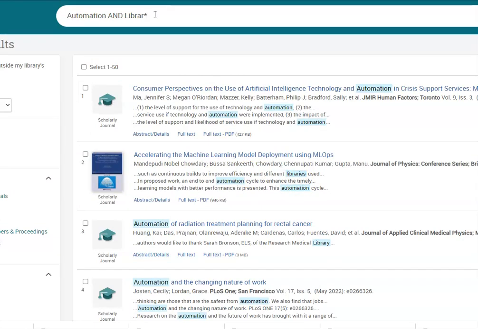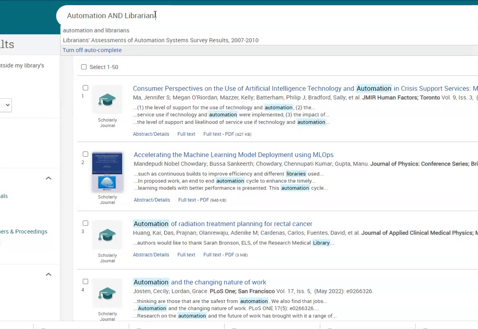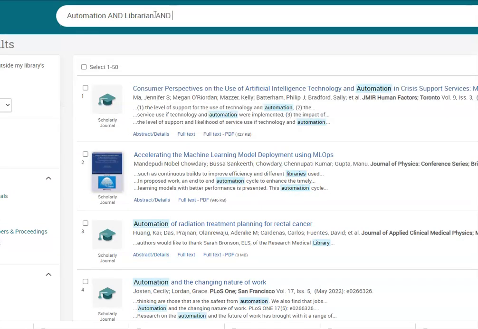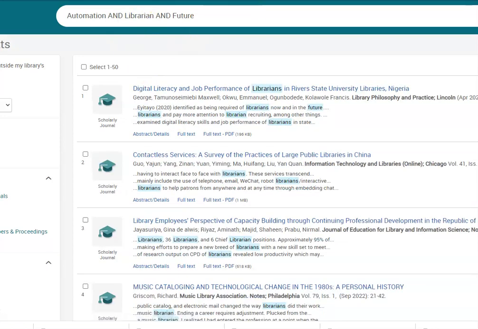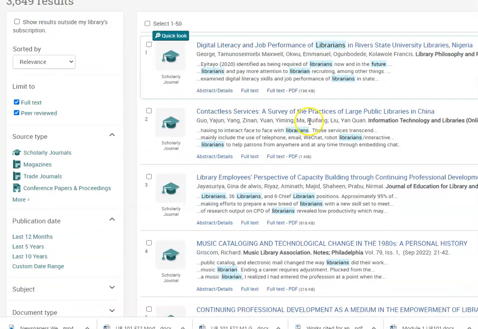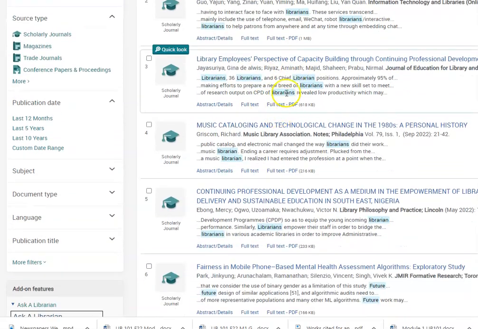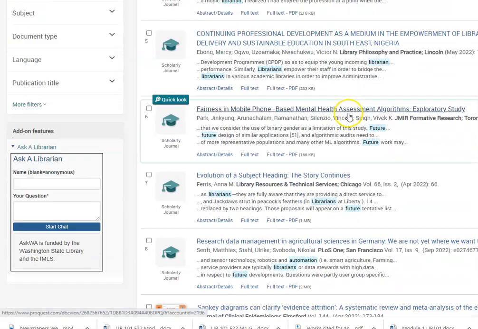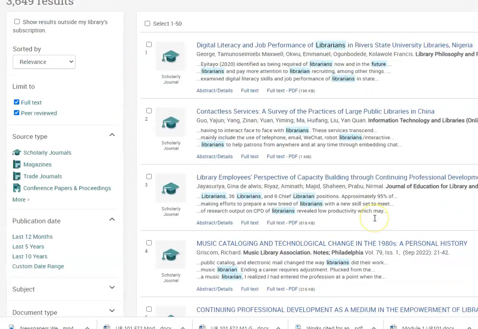So on my last one, what I actually did, and I found another word, automation, librarian, and future. And with this search result, I come down to 3,000, and I see things like contactless service, capacity building, professional development, all sorts of other words and ideas, and a richer group of search results.